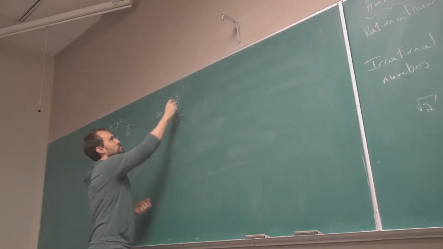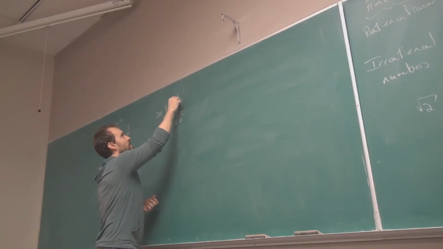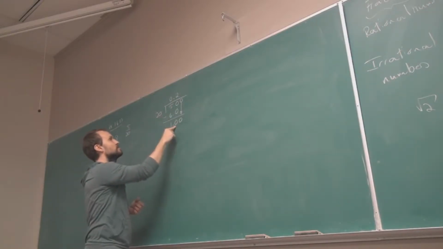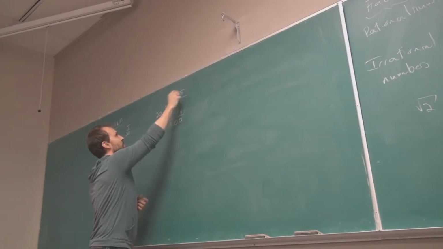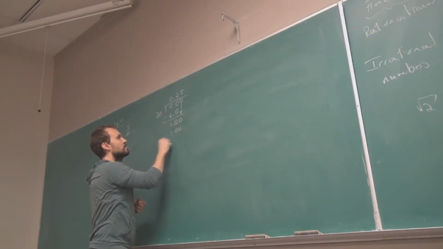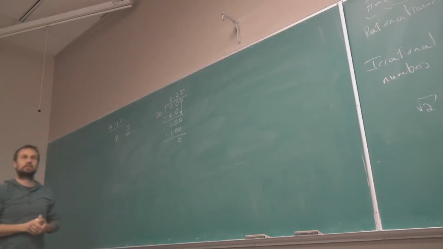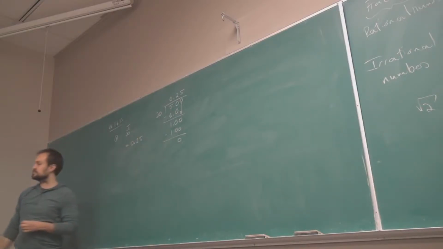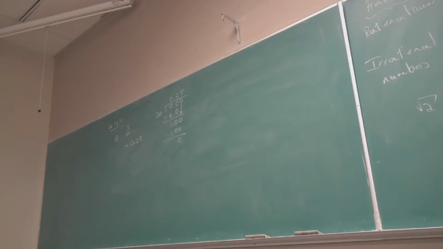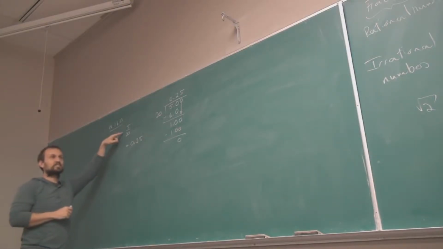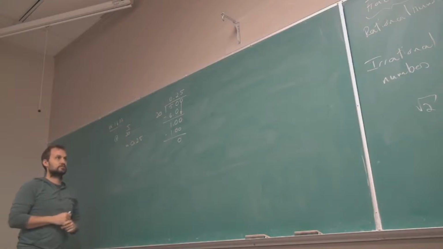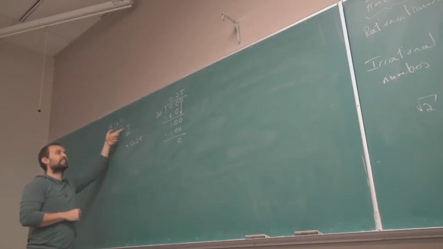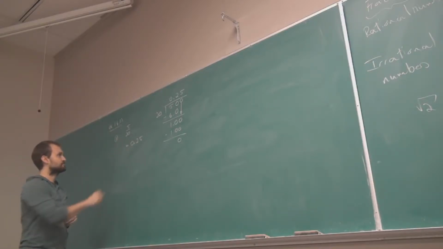20 doesn't go into 10. So I need another 0, and then I have 100. It's not actually 100, but I see it as 100. 20 goes into 100. 5 times 20 is 100. And I have no remainder left, and then I stop. So this is 0.25. So I picked an easy one to start with. You do not simplify the fraction first, you take it as it is. So the decimal representation of 5/20 is 0.25.